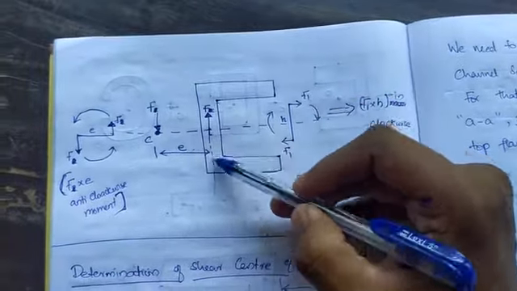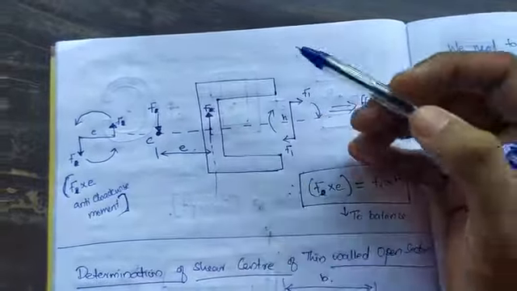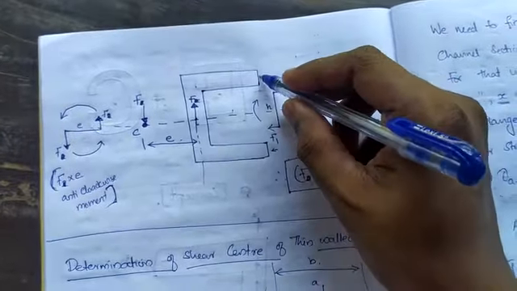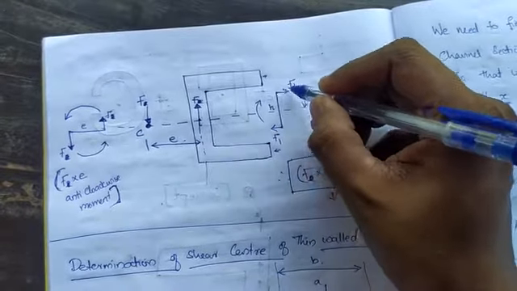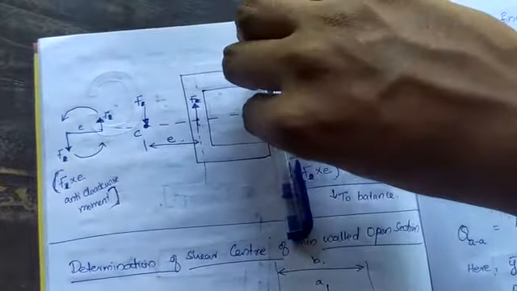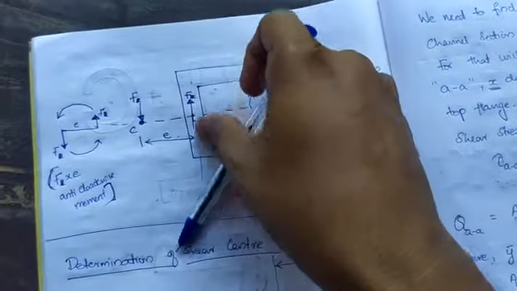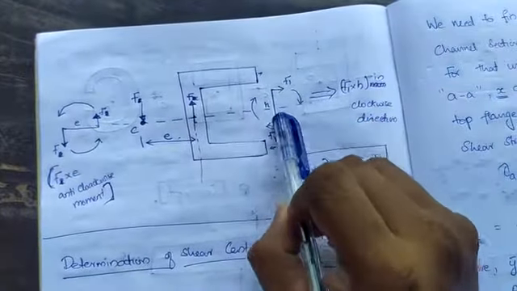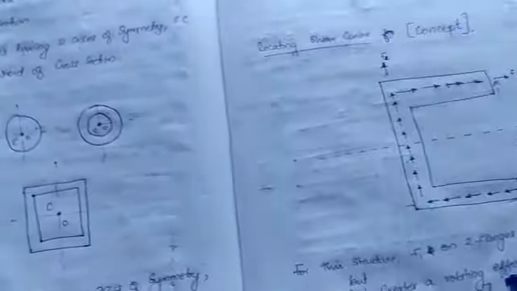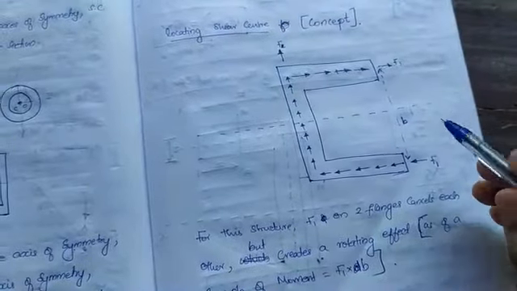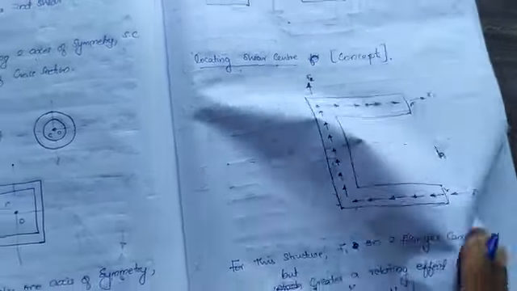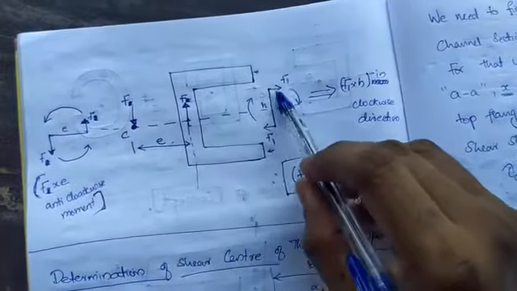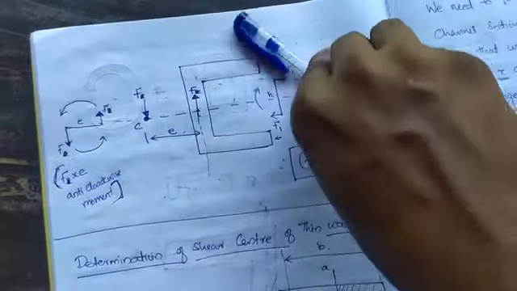See, this is the C section. Due to an F1 force going inside and another coming outside, this provides a couple. So this will have a clockwise moment, and that moment will be force into couple arm. This distance is H. So the moment is F1 into H, having a clockwise moment.